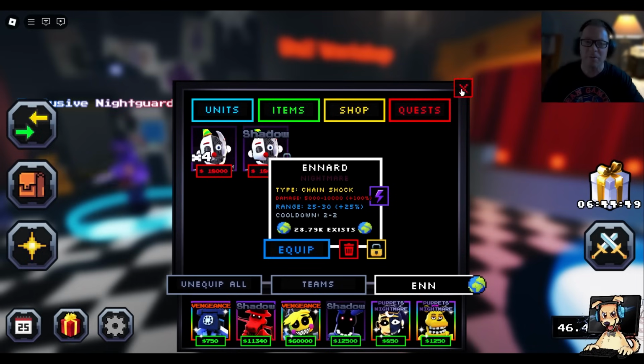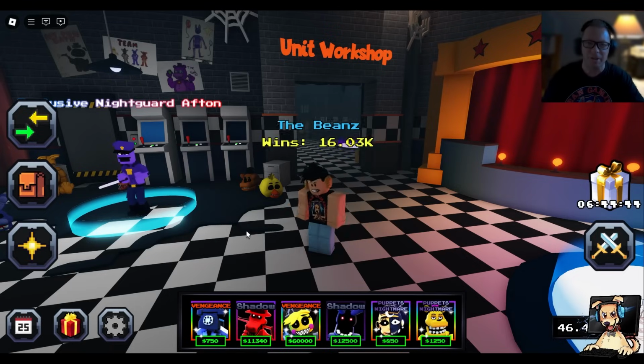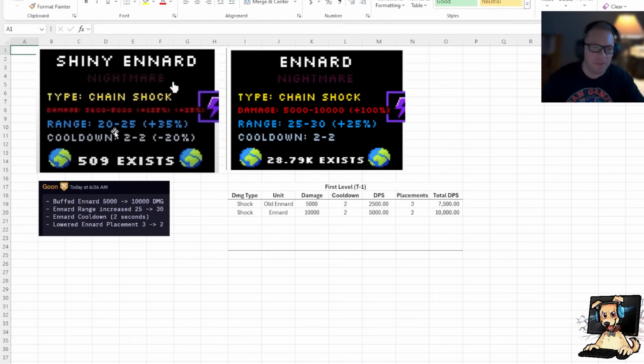And you know what? Whenever we have to deal with stats, you know where we go? The Bean Gaming Spreadsheet of Hope. That's right, let's go. Here we go. On the left-hand side, I pulled these stats from the video that I posted yesterday. And then on the right-hand side, these are the updated stats. And you can even see what Goon wrote a little bit earlier this morning. And I also took both of these stats and threw them in this little spreadsheet table here to actually compare